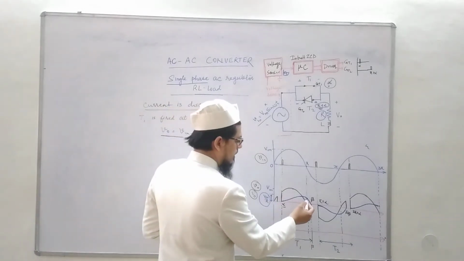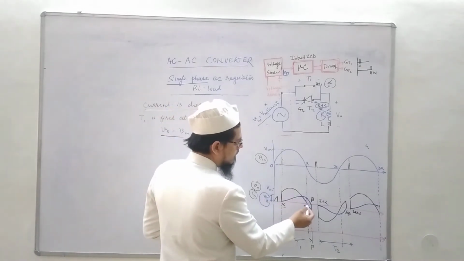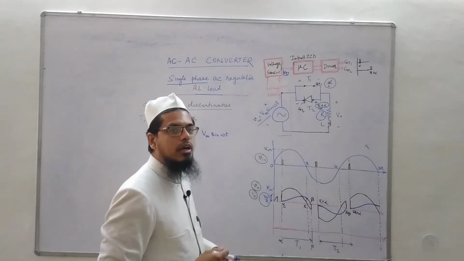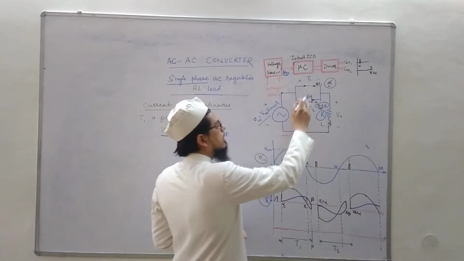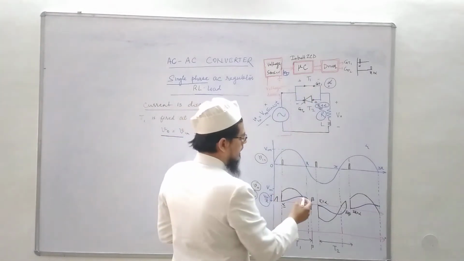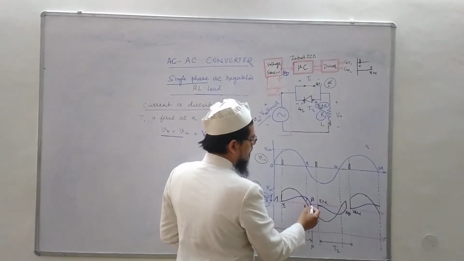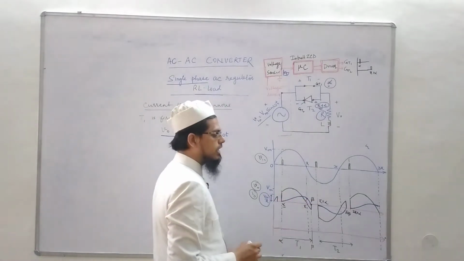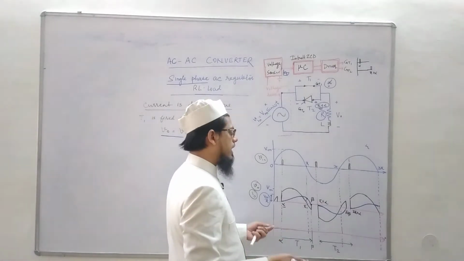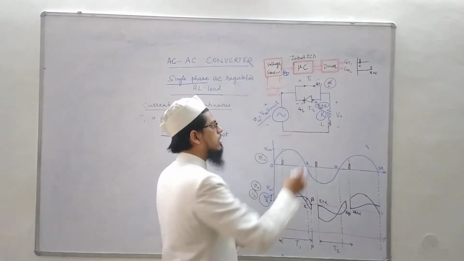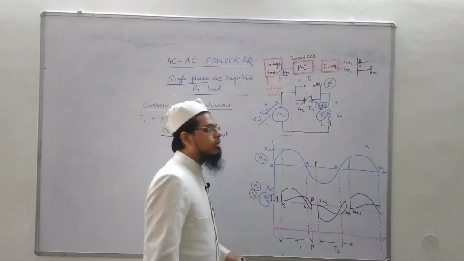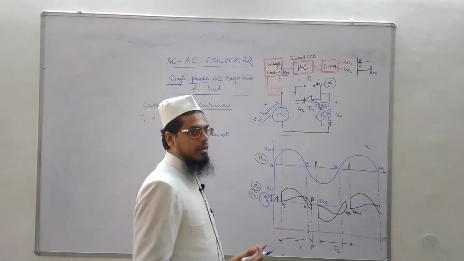In this case, at omega t equals pi, the finite current is flowing through the RL load. So SCR T1 won't turn off at this instant, and current will continue to flow till point omega t equals beta. At this instant, the current reduces to 0, and as soon as the current reduces to 0, T1 stops conducting. That means it is now in open circuit, it is now open.